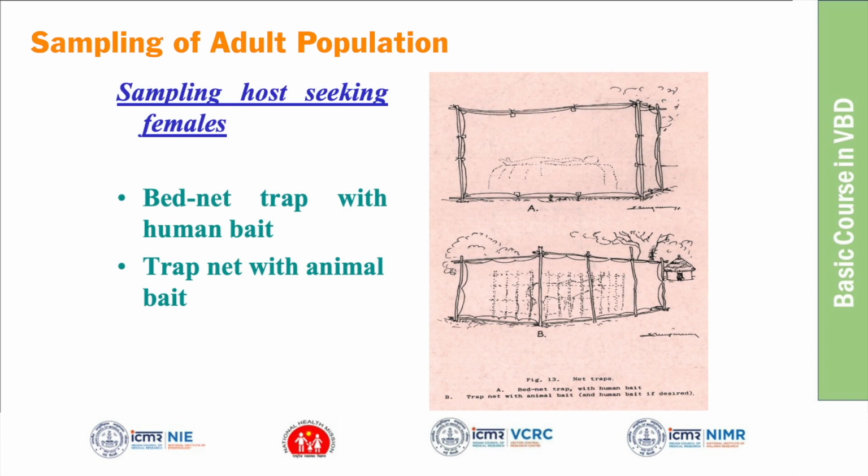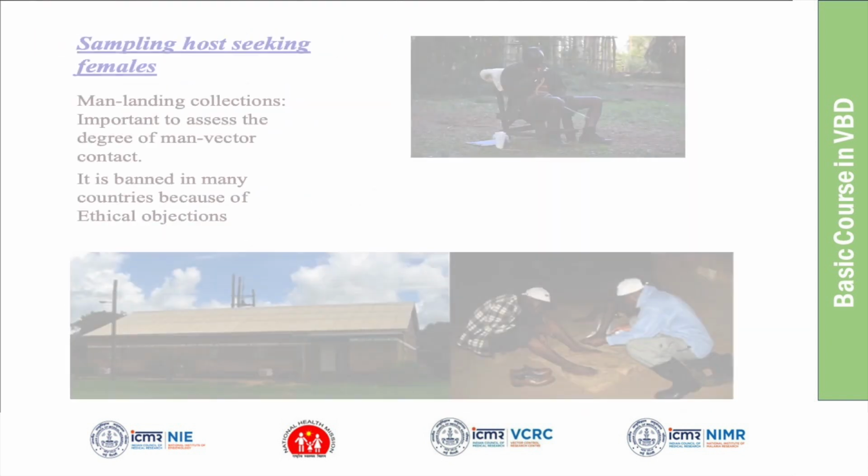So the first one is a bed net trap with the human bait. The second one is a trap net with animal bait. That is sampling the host seeking population. You can use bed net trap and trap net with the animal bait. So the next one is